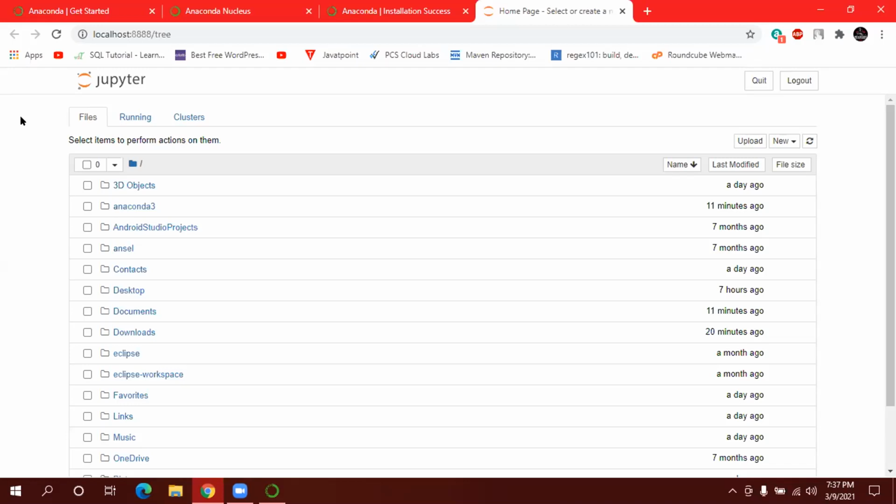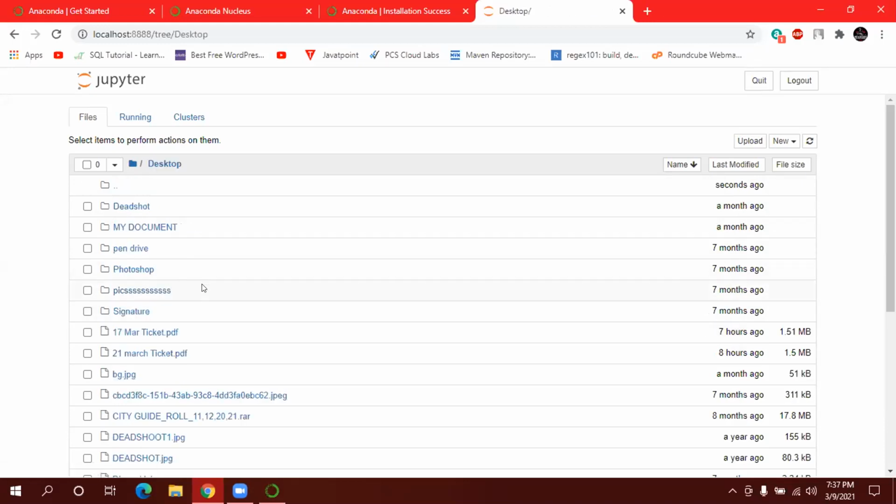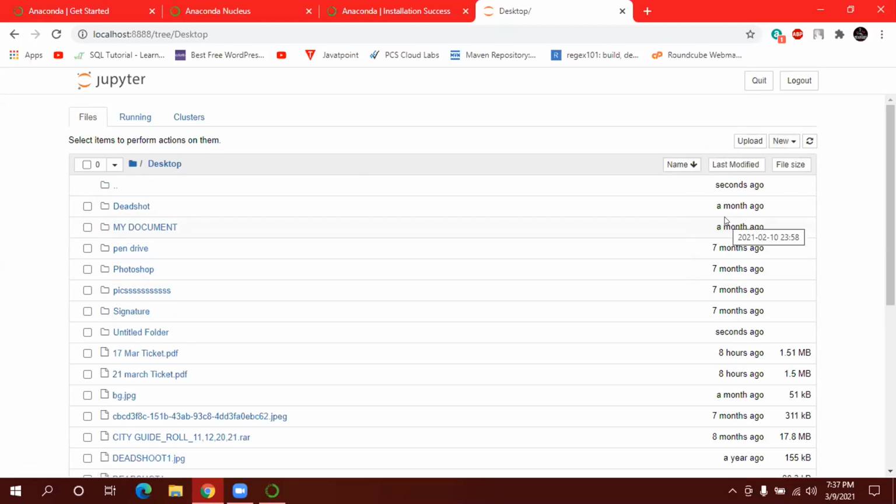So if you wanted to go with this Jupyter notebook, then just go and create a file here. You can go to any folder, or you can create a folder here. If you wanted the desktop, then go to the desktop. Just select. Okay, now click one folder here. Go to the new, then go to the right side. There is one drop down. Click on the drop down. Yeah, click on the new. See, here is another folder. Click on folder. Now there will be an untitled folder. Click on that.